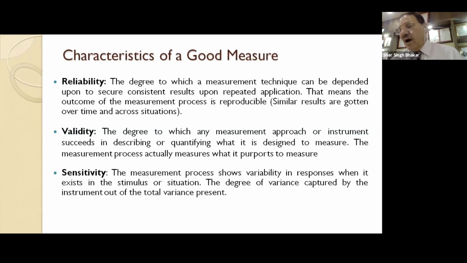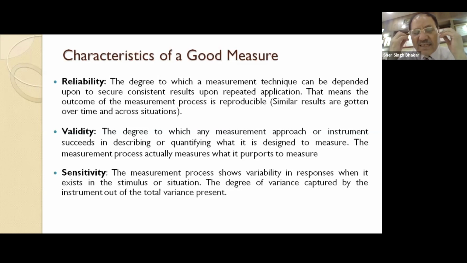Sensitivity is how many divisions you can have for measurement. Say you use a scale for measuring customer satisfaction. If you are using a numerical scale, we may use a scale of 1 to 5, with 5 indicating highest satisfaction and 1 indicating lowest satisfaction. You can also use 1 to 7, where 7 indicates highest satisfaction and 1 lowest. And you can also use 1 to 9 or 1 to 10, where 10 indicates highest satisfaction and 1 indicates lowest satisfaction. The idea is, how do you decide?